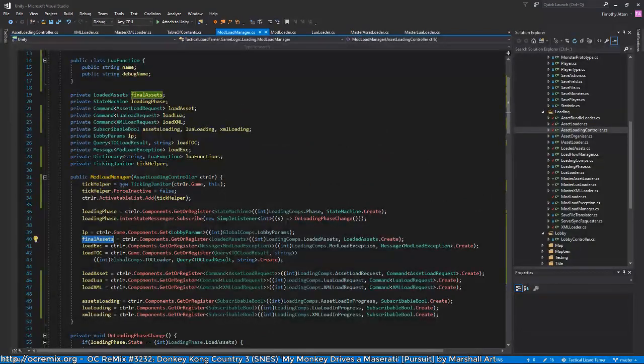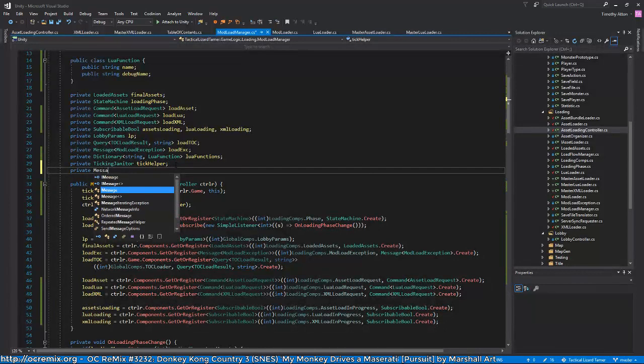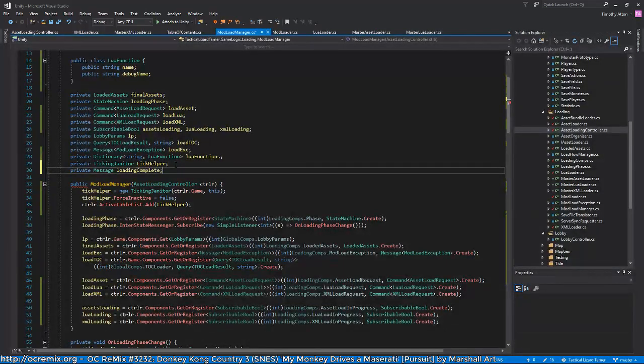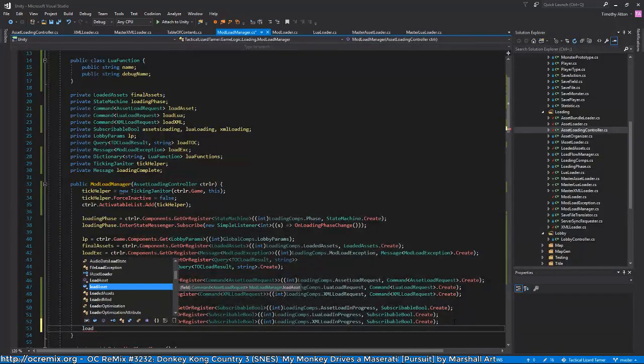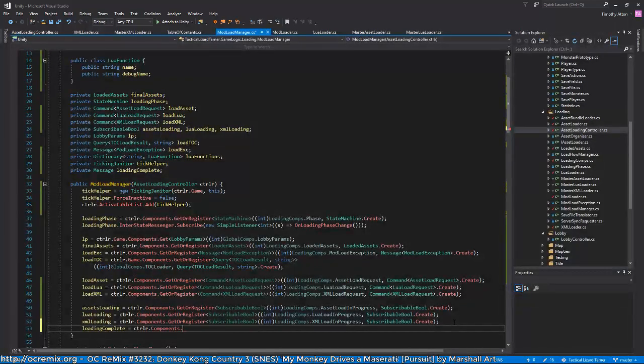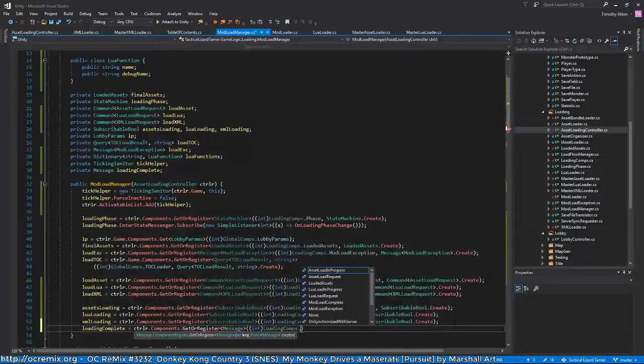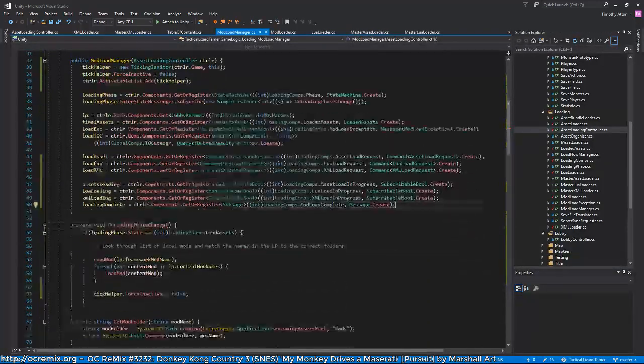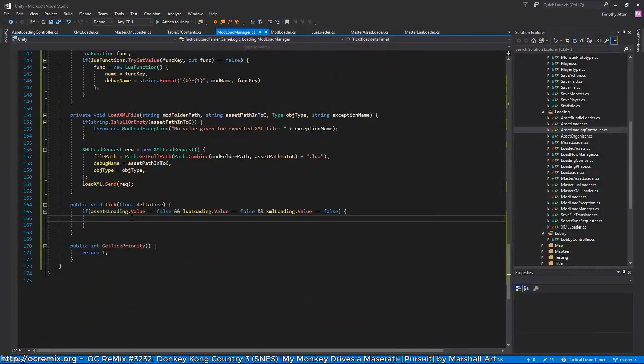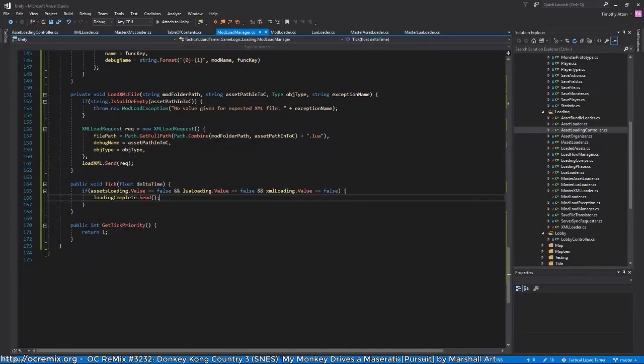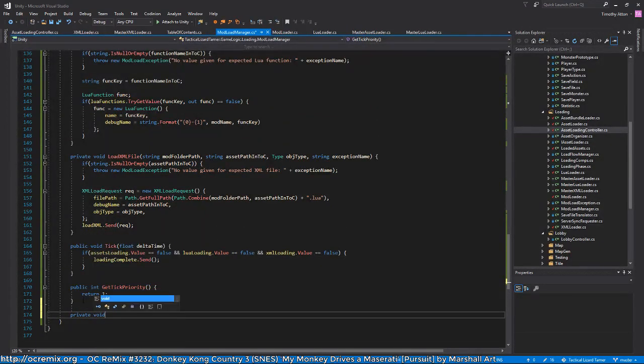Okay, so I don't actually have the message. So private message loading complete equals controller components get or register. This will be a message. Components. What is it called? Load complete. All right. Also, we need to private void